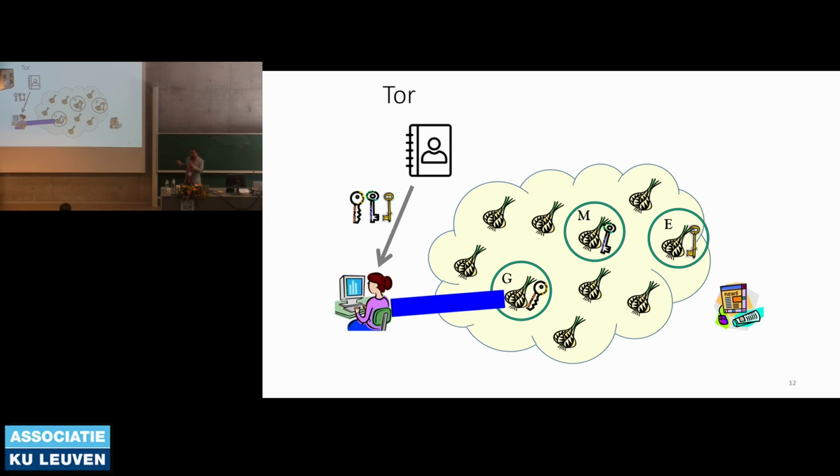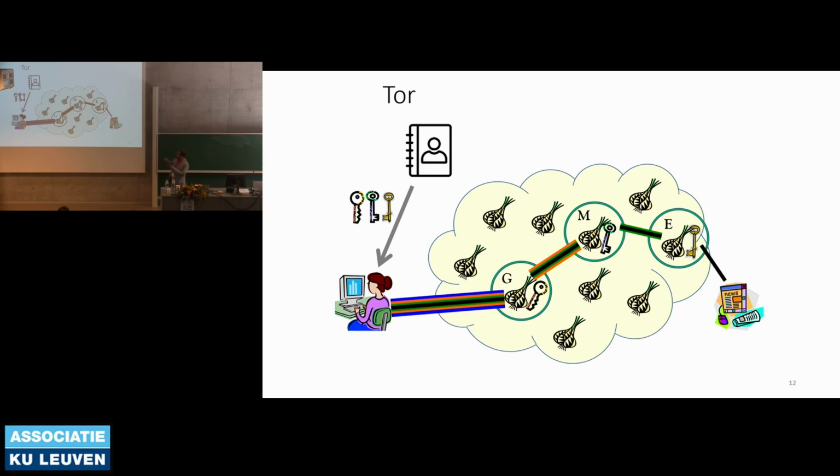Through that encrypted channel, Alice could send another encrypted packet to the middle node, and then the exit node. So this is basically layered encryption. The gateway only sees that this is an encrypted channel, and whatever it can decrypt, the first layer, it decrypts. Whatever the gateway decrypts, it only sees the information that it should forward to the middle node, M.